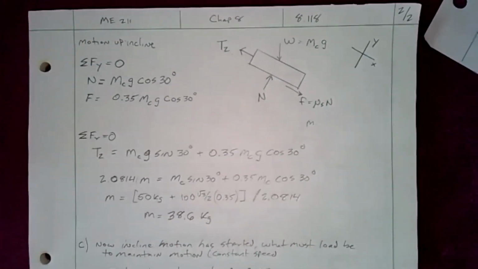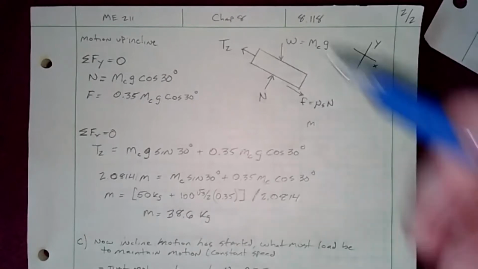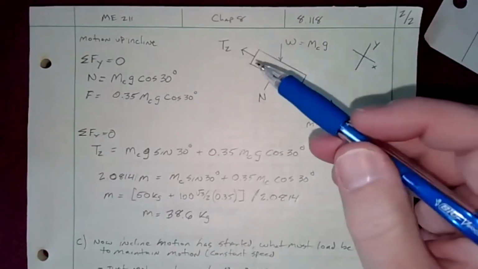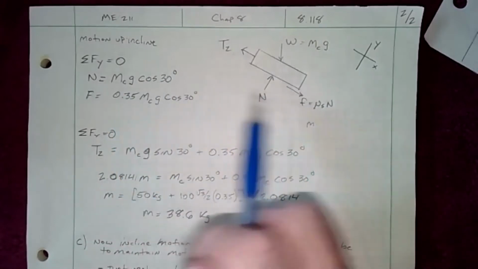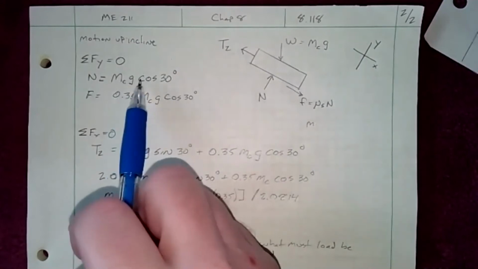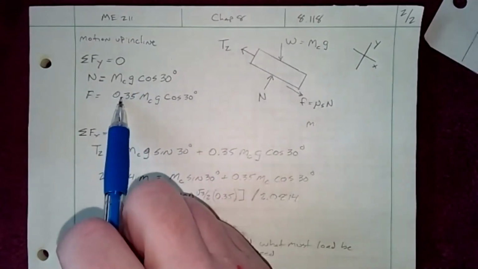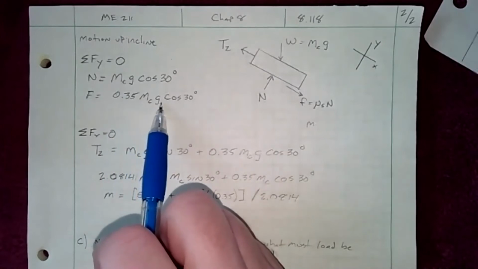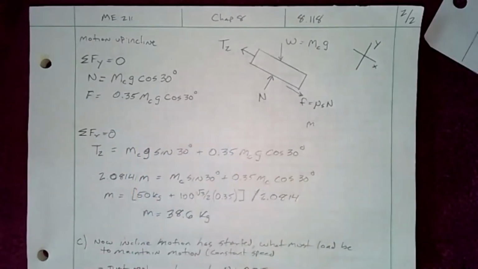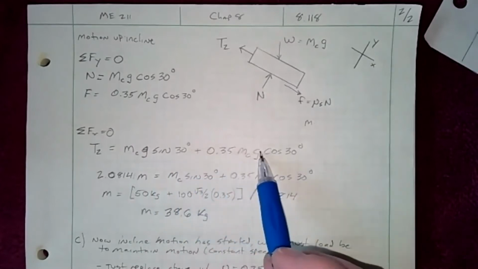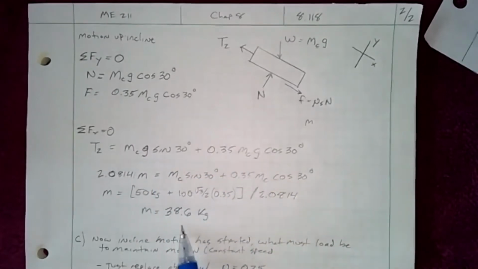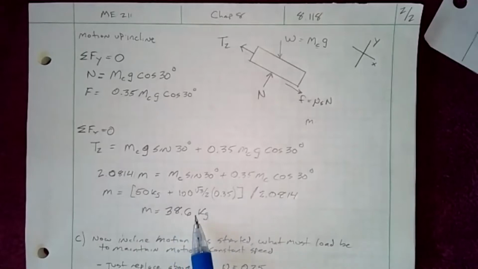So again, in this case, we want it to start moving up the incline. So if we're moving up the incline, then friction is going to be the opposite. So now we have, again, mcg cosine 30 is N, just like before. Friction force is 0.35 mcg cosine 30. That's just the coefficient of static friction. And then if we sum the forces in the x, we know tension 2 is equal to the respective values. We plug in everything, we solve, and it turns out that 38.6 kilograms is the mass required to start it